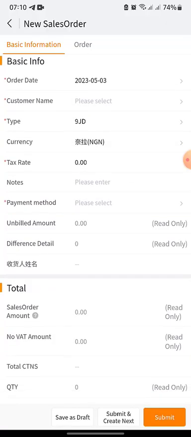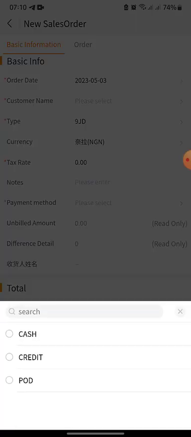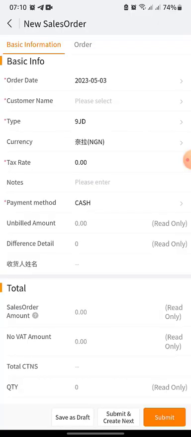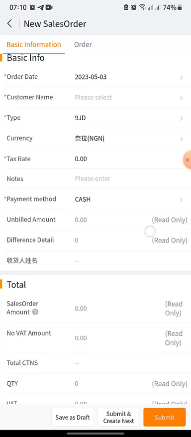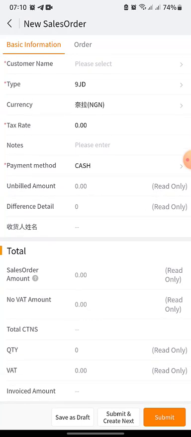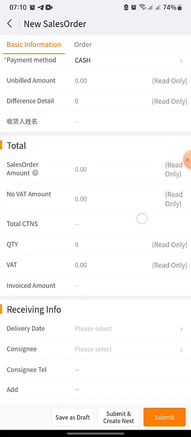Now I'll be selecting the payment method. We have three payment methods: cash, credit, and pay on delivery. So depending on the one you are going with, you can select from here. Let's say I'm selecting credit, that the customer has already transferred the money into the business account, or the customer will be transferring it into the business account before delivery. Okay, so when I'm done setting that, I can go down